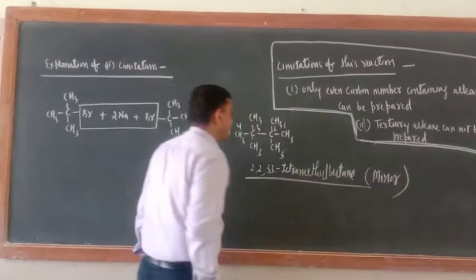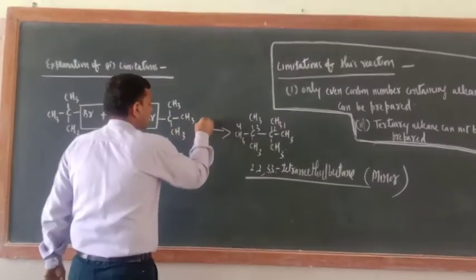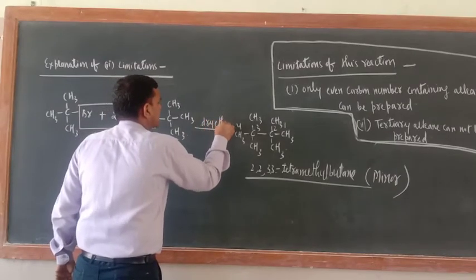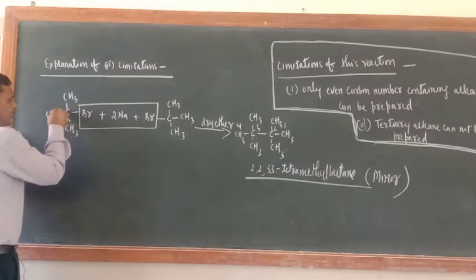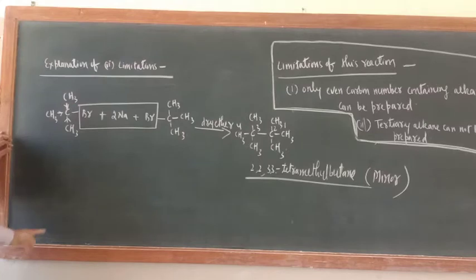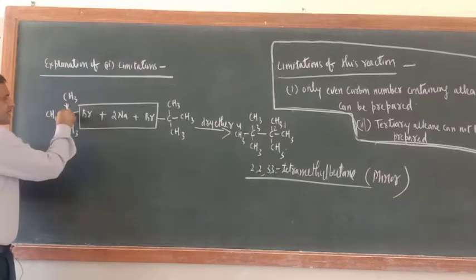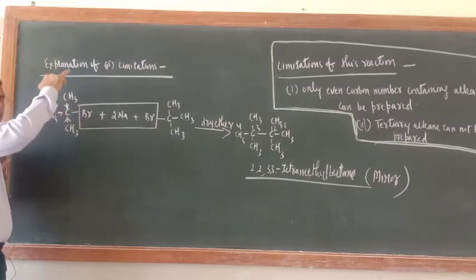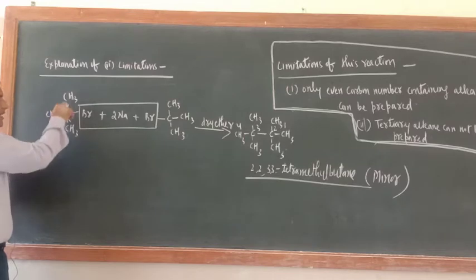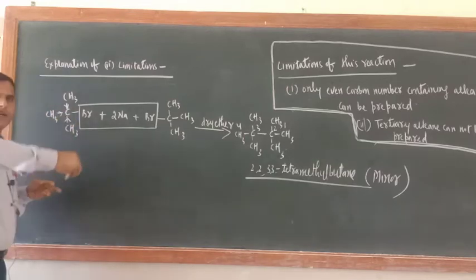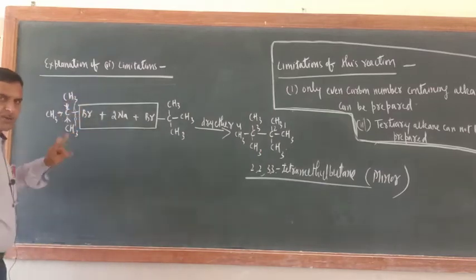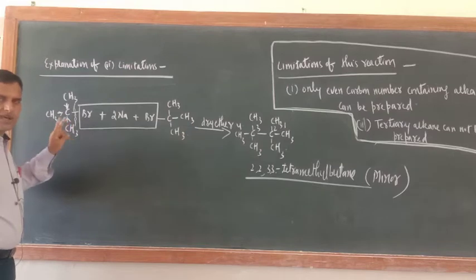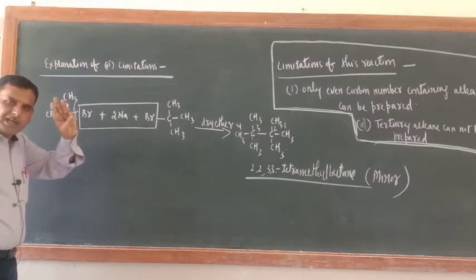I will tell you why it is the minor product. Here dry ether should be there. This is a tertiary alkyl halide. Just see these CH3 groups, they are known for the plus I effect, so they will push electrons towards this carbon atom. Between C and Br, earlier also it was a polar bond. Now due to the presence of 3 alkyl groups, polarity will increase, so this bond will be broken easily, and then a 3 degree carbocation will be formed.